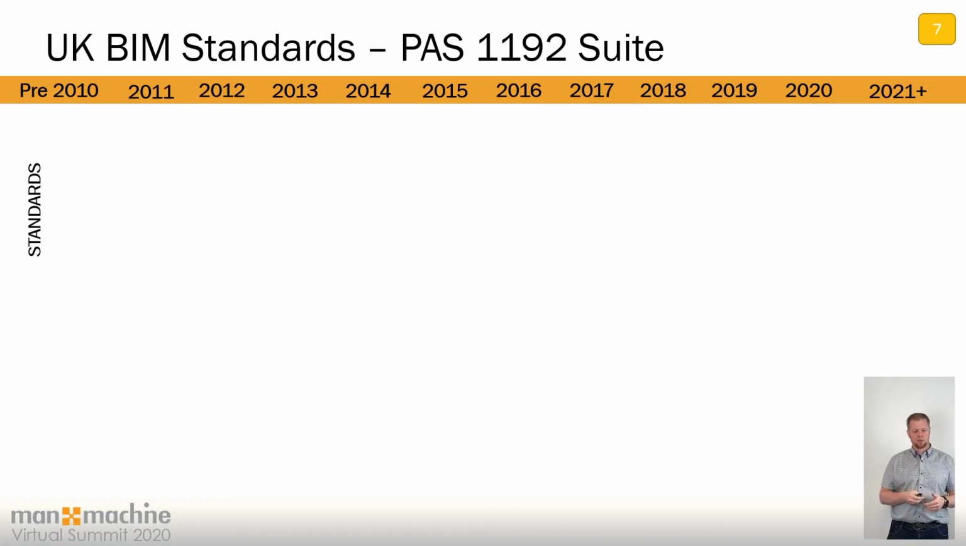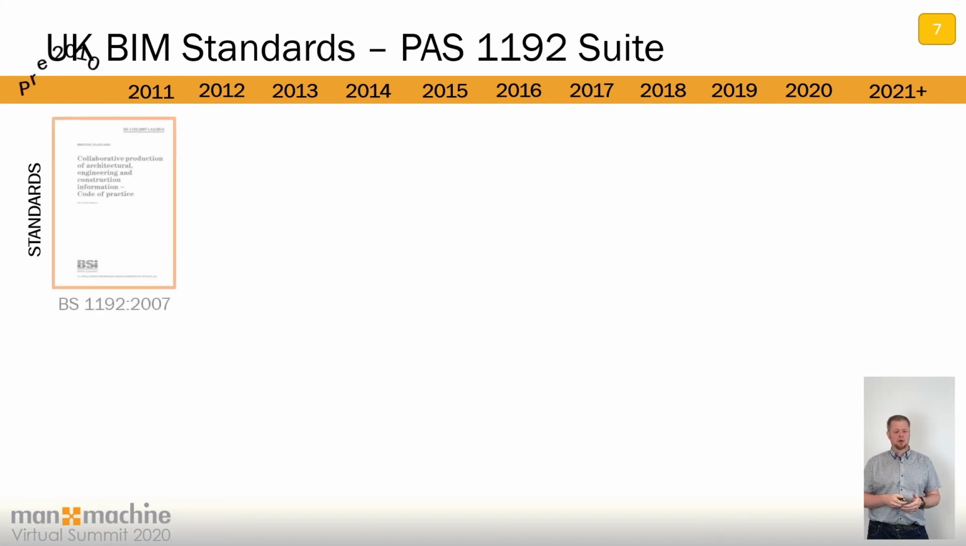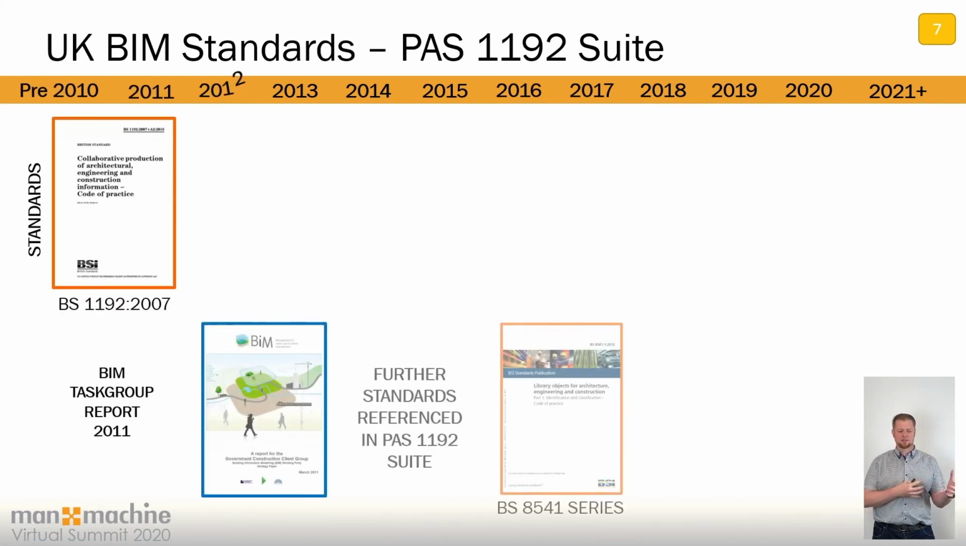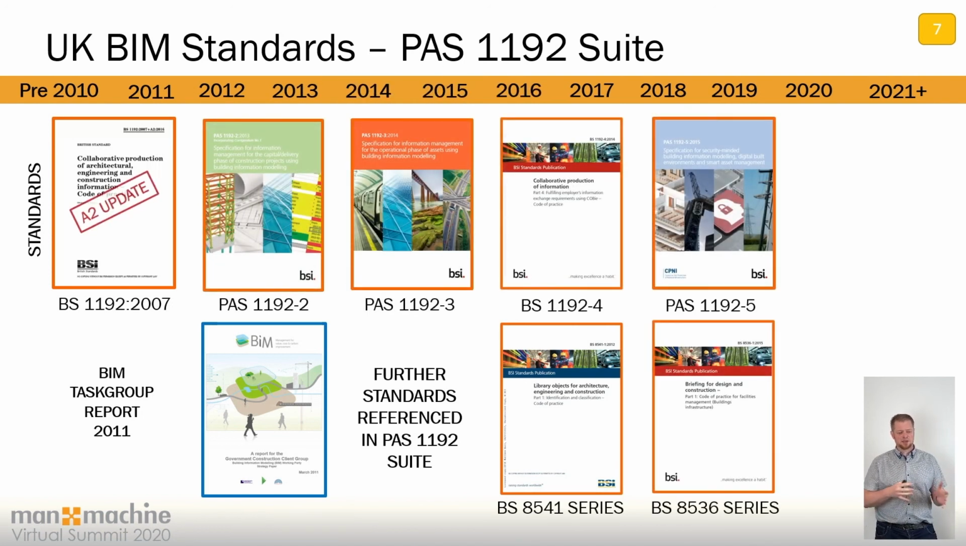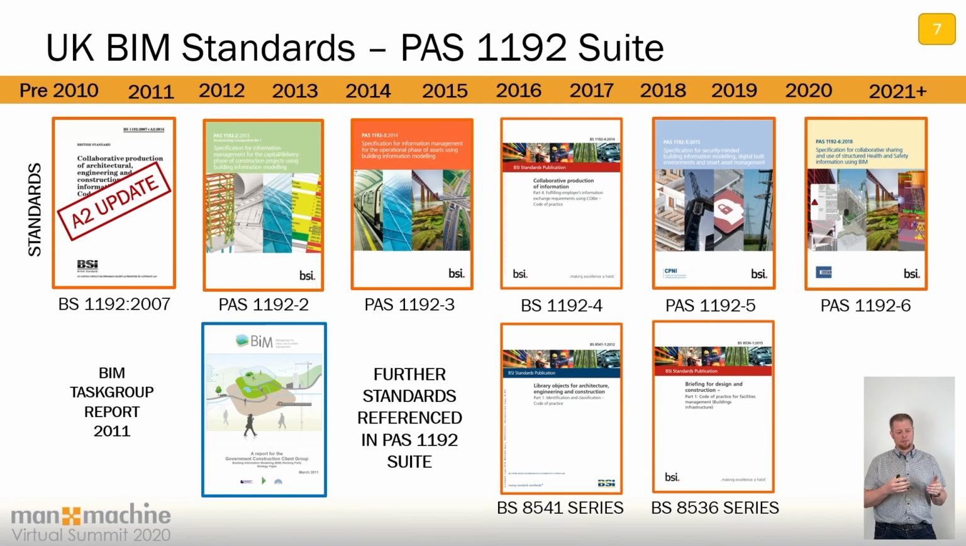So we'll start with a little bit of a timeline. Historically, we had a set of standards that were put in place, which was our PAS 1192 suite. And these were initially developed starting back in 2007 with our BS 1192 documentation, which set out some core guidance around the delivery and collaboration for information. And then from that point in 2011, we had the UK BIM task group come together and provide